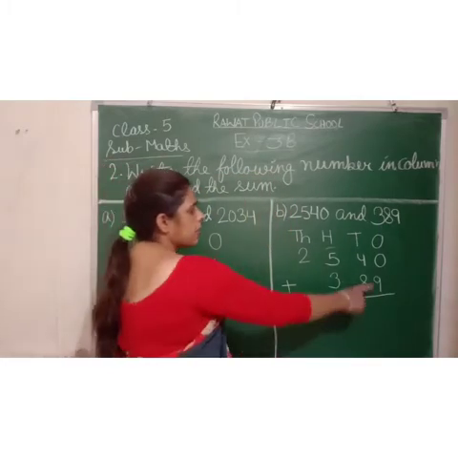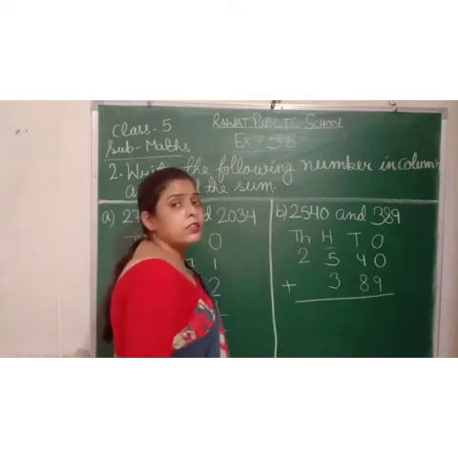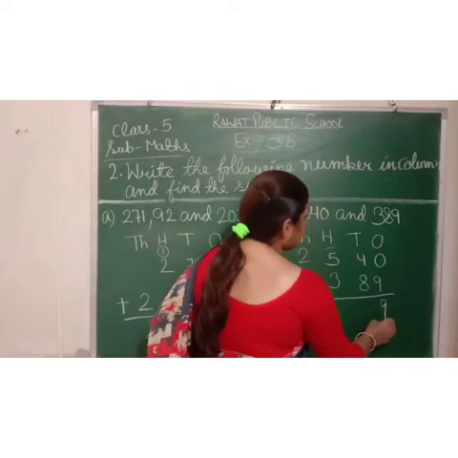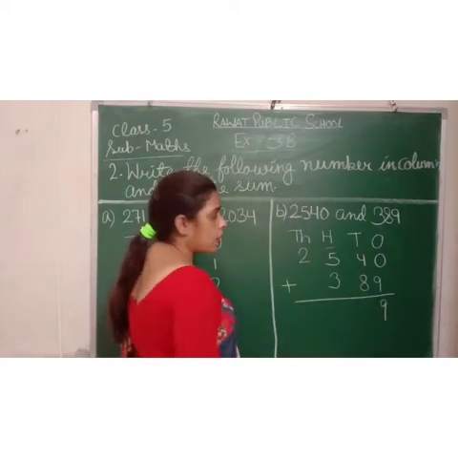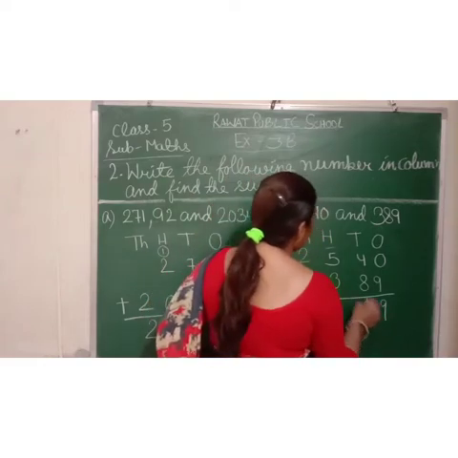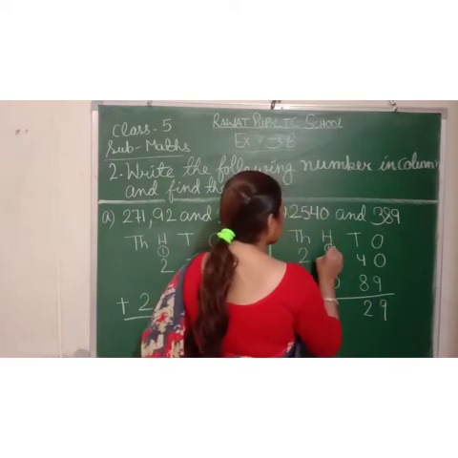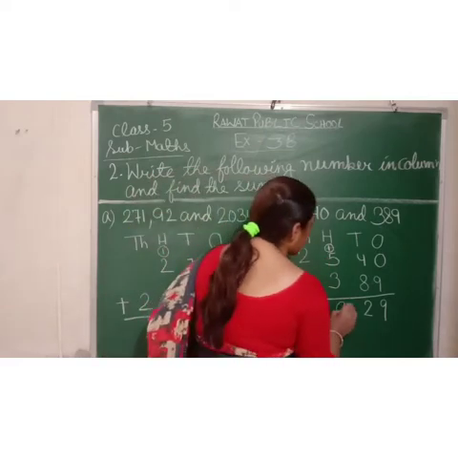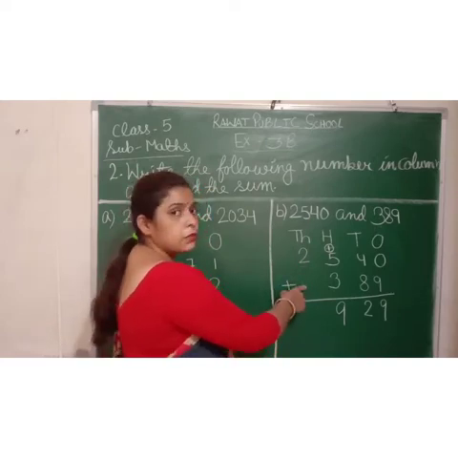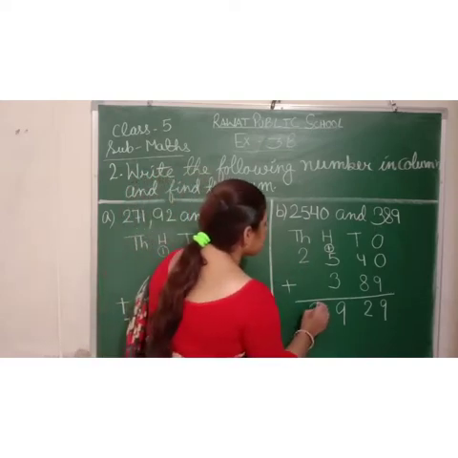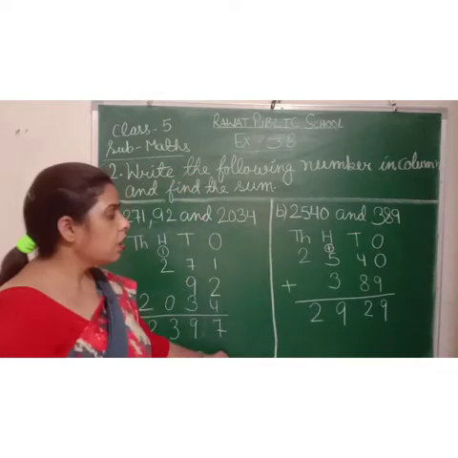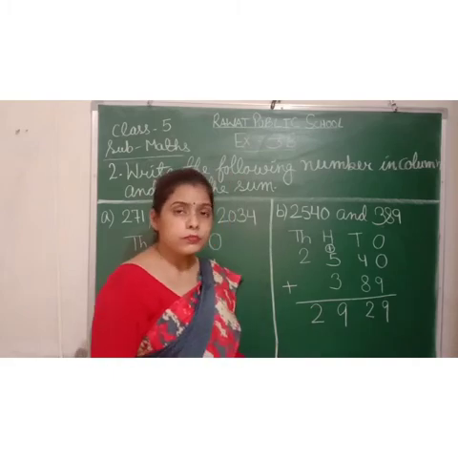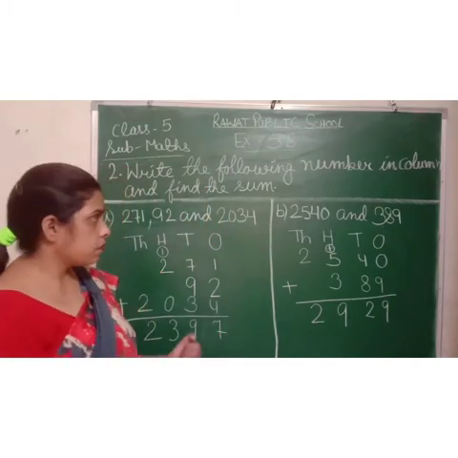Okay. When we add 0 to any number, the sum will be the same number. So here will be 9, 8 and 4 will be 12. We will write here 2 and 1 will be carried forward to the next number. Now 5 and 1, 6 and 3 is 9 and there is no number below the 2. Then we will write here 2 only. Okay. Then the sum will be 2929. Let me see some other questions.